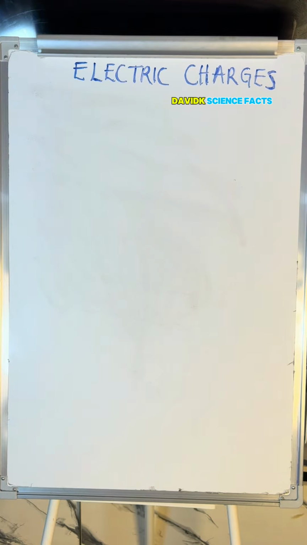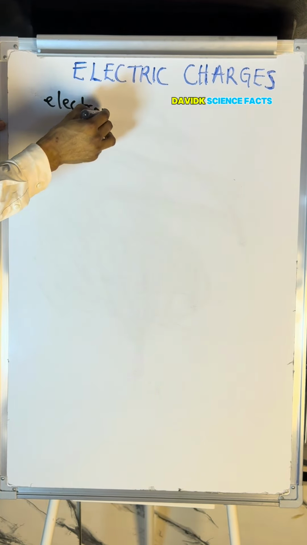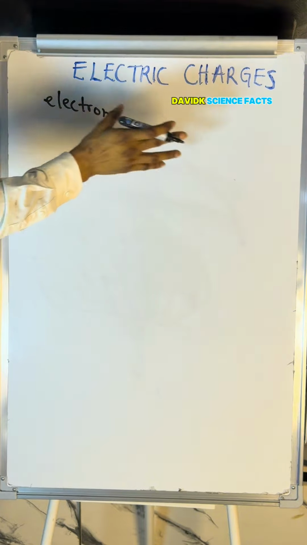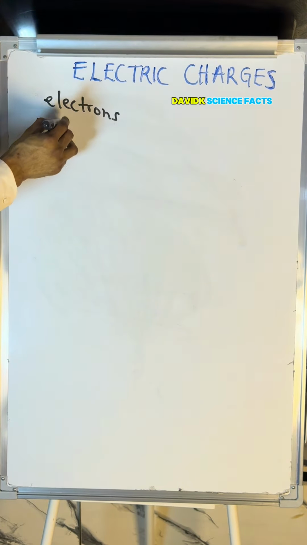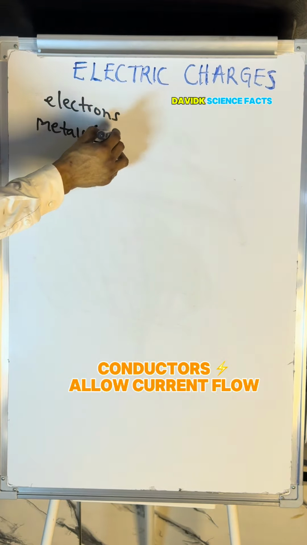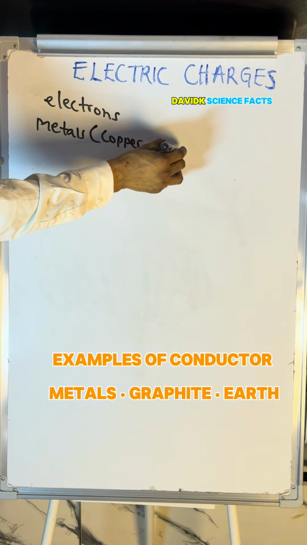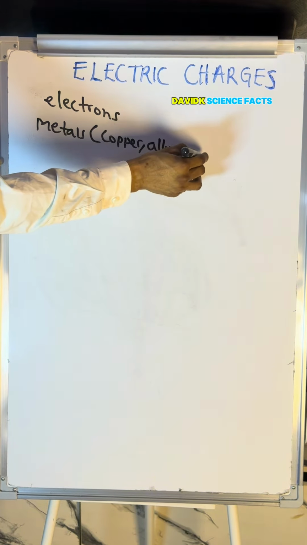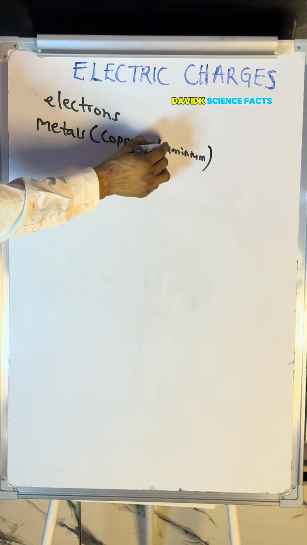They allow electricity, that is electrons, to pass easily. Examples are metals like copper, aluminium. Do you understand? We also have